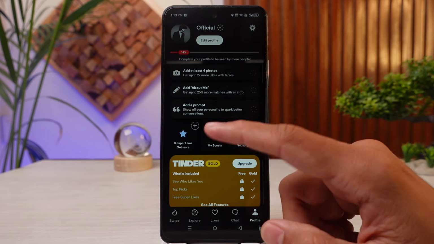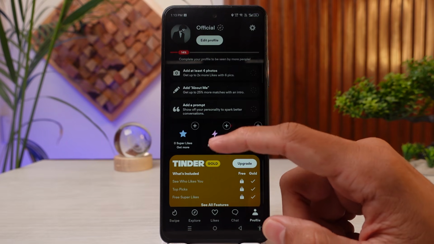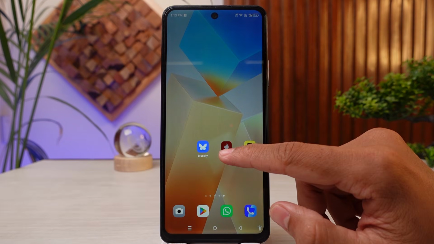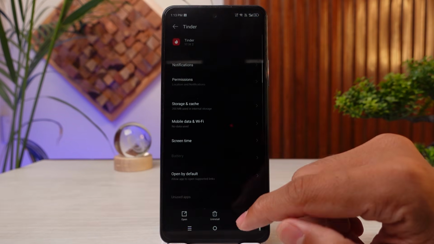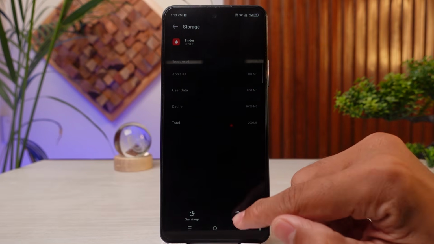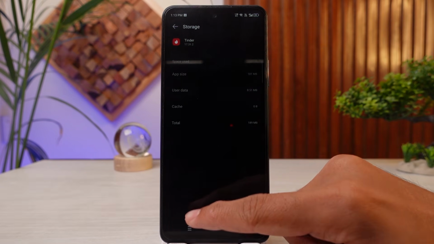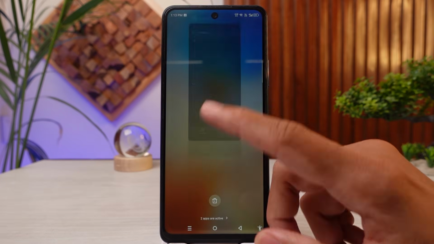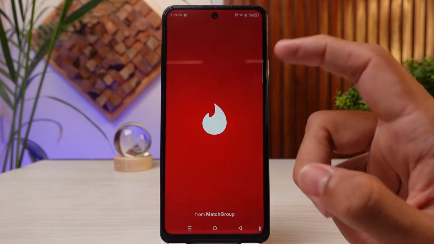And if you do not see your matches, what you can also do is simply clear your cache or data as well. Tap and hold on to your Tinder application, tap on app info and tap on storage and cache. After that, you want to simply clear your cache, and clear your storage as well if you want to remove your account and log back in. And by doing so, the next time you try to log into the application, you shouldn't be having any kinds